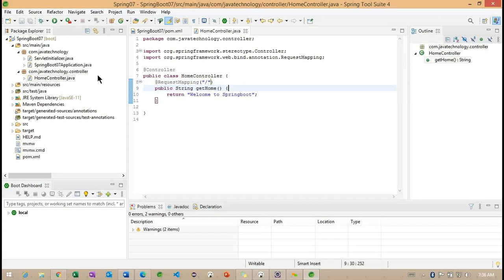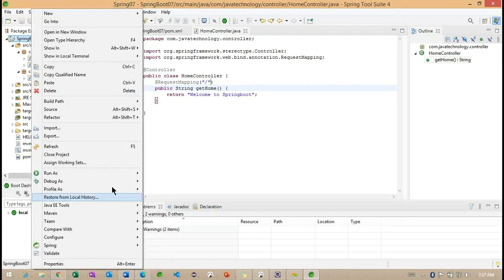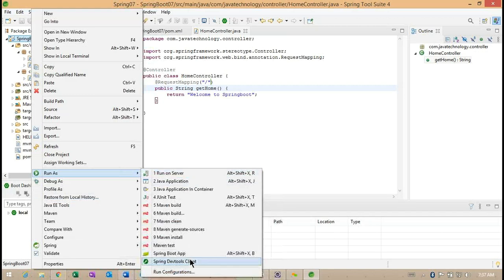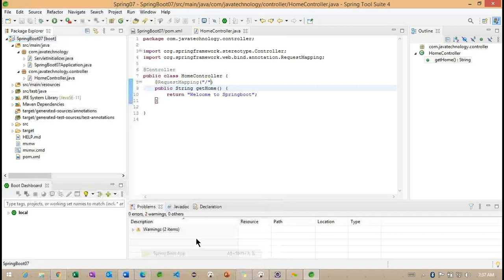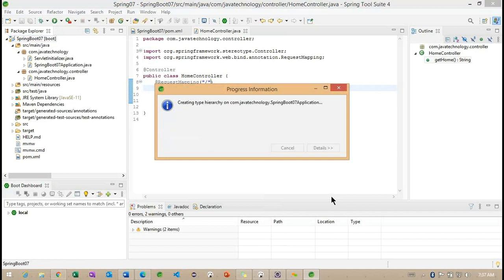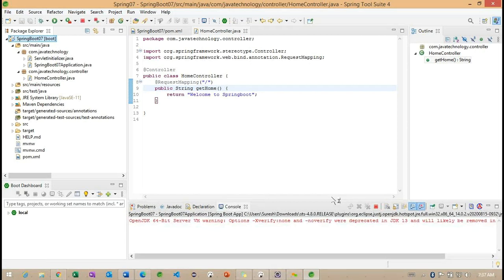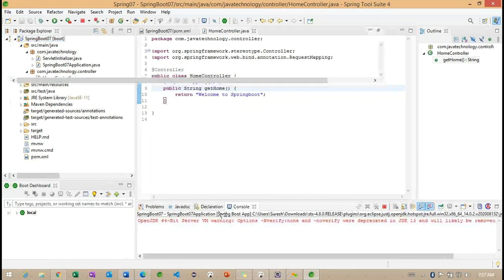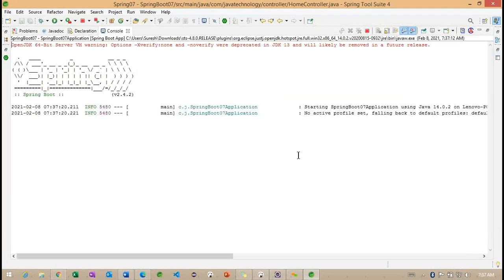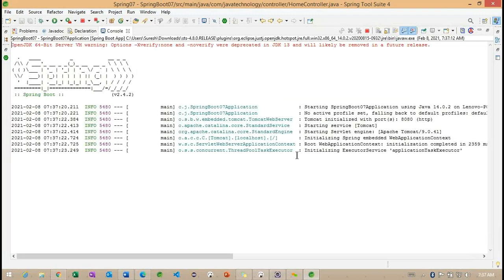Observe here, if I'm going to run this example using Spring Boot, so we can check here.